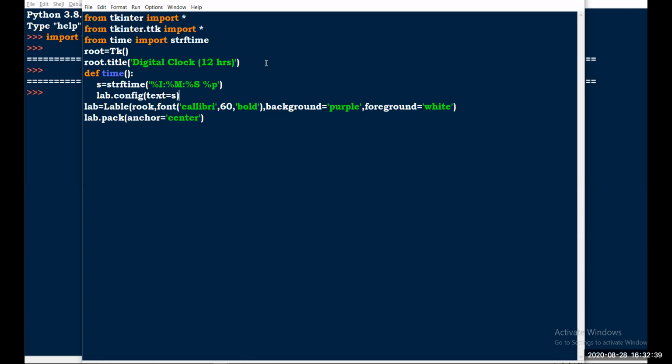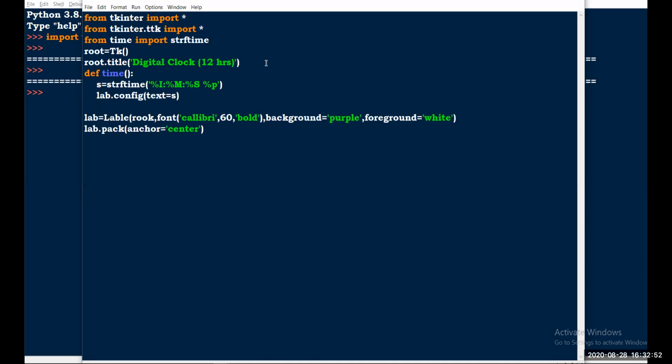So that's why we can use the text, we can change its font, font size and also style. So I'm giving text equal to s, and after that lab dot after. Then here I'm going to give 1000, then time, and now we get the function.